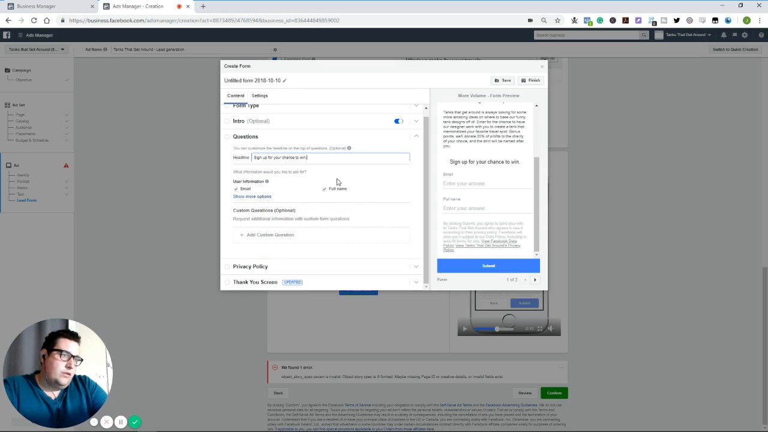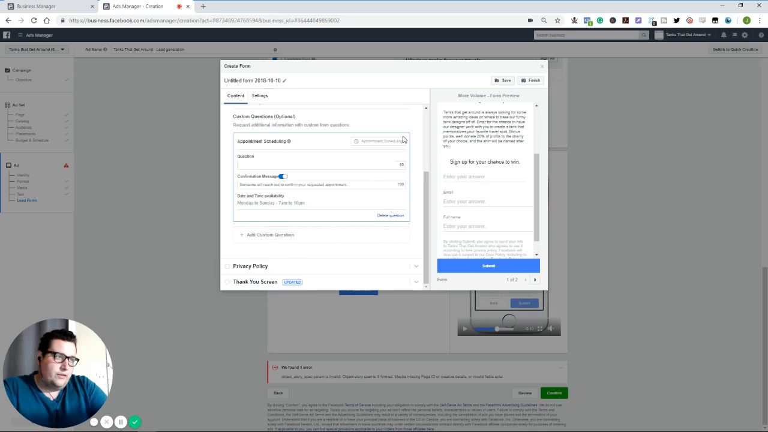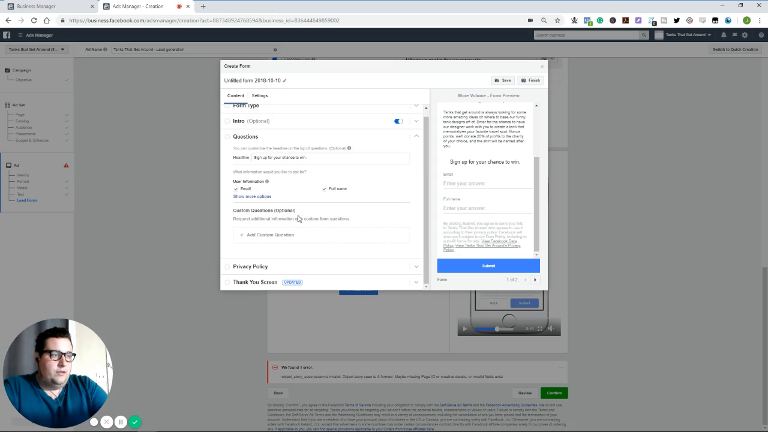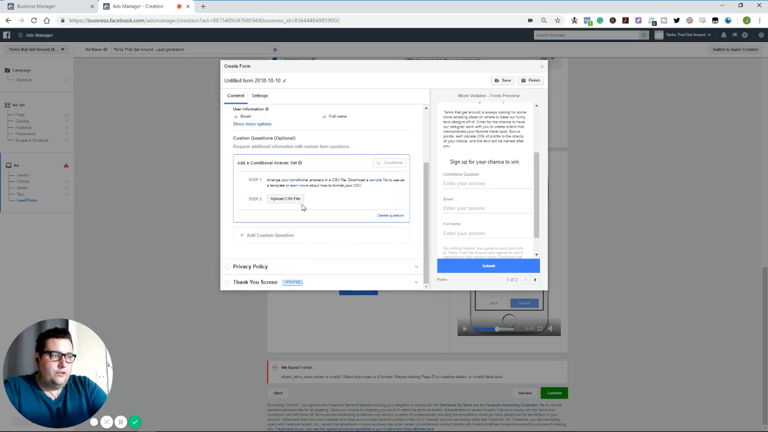You can add a number of custom questions. So you can do short answer, multiple choice, conditional, and appointment scheduling. So, appointment scheduling looks like that. If you want to actually schedule a free strategy session or something like that, right? I'm going to delete that question, but a conditional is so you can have conditional answers and upload those as